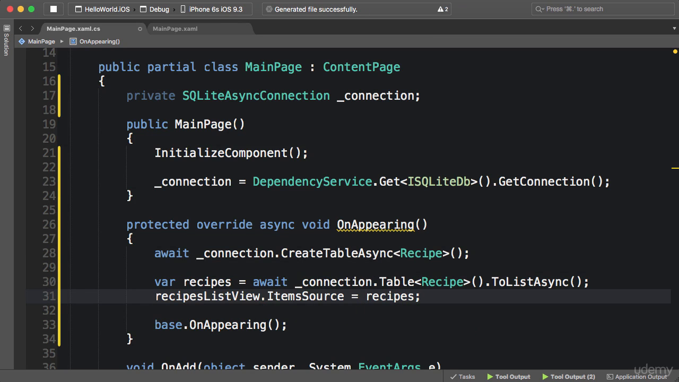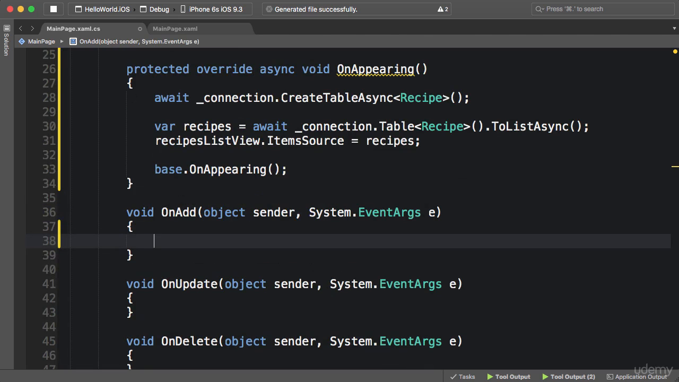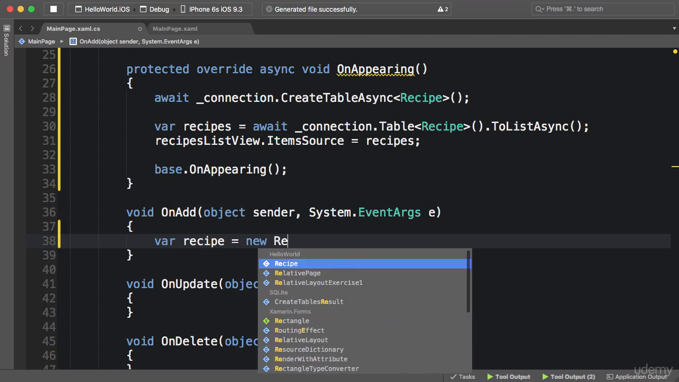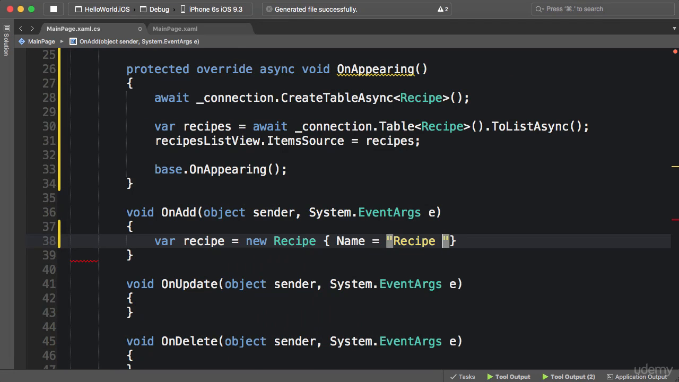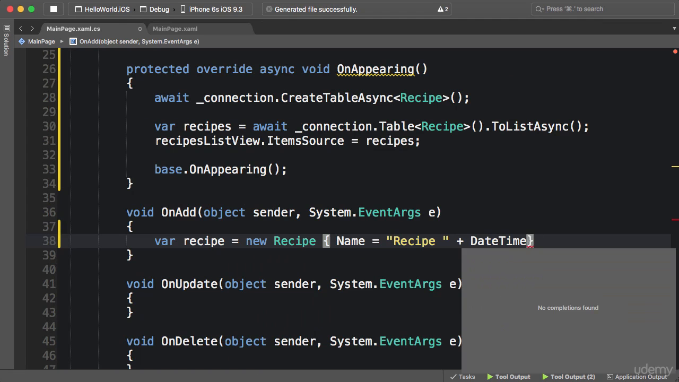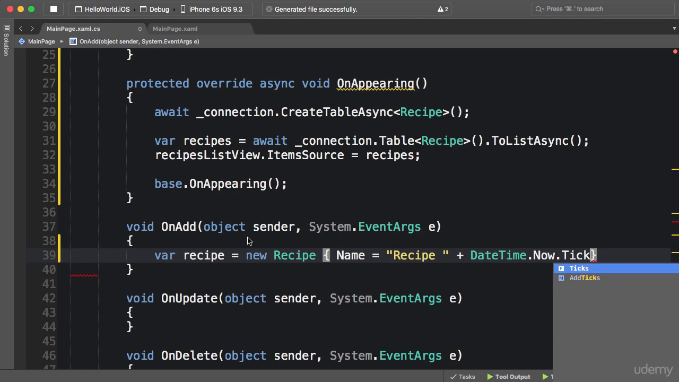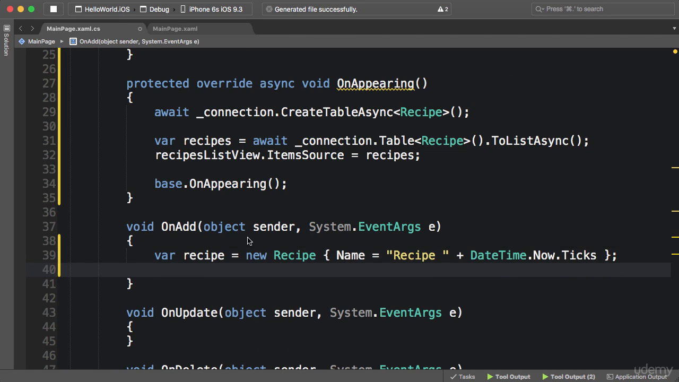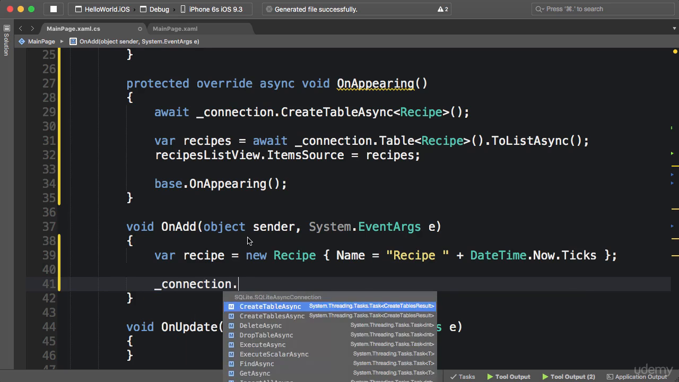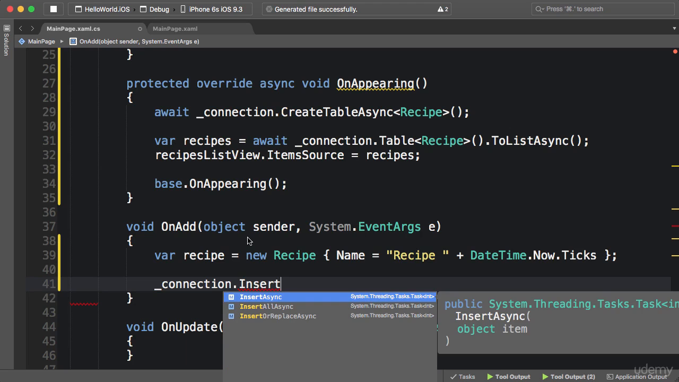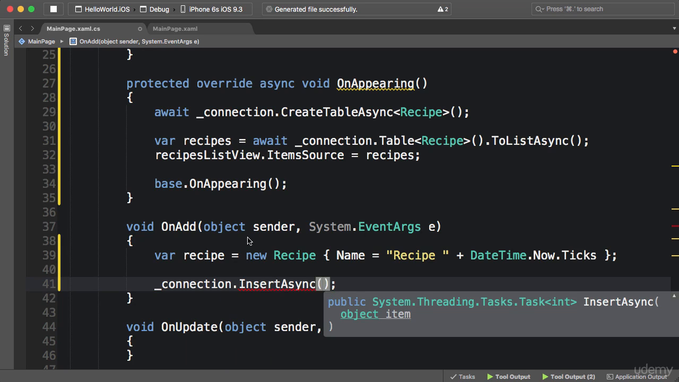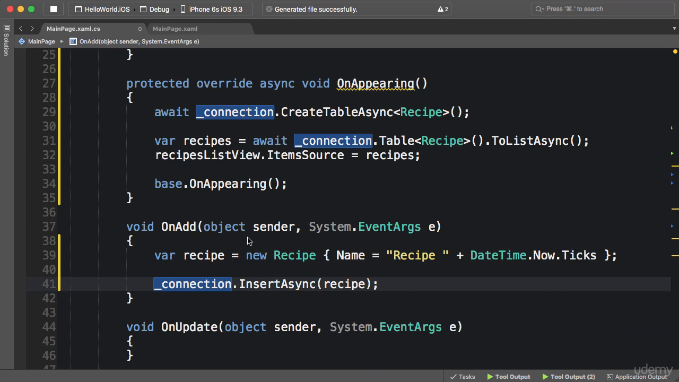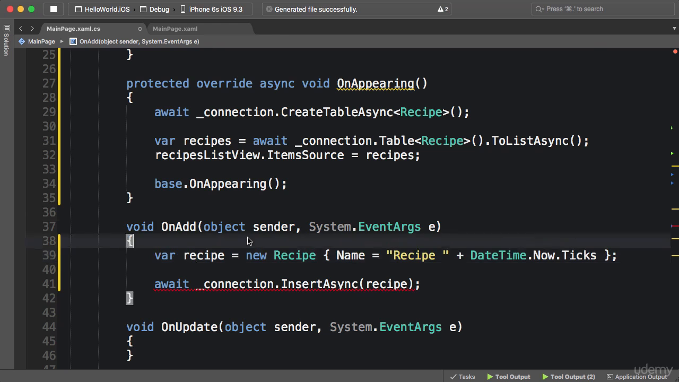Now let's implement add, update, and delete functions. For the add, first I'm going to create a new recipe and set the name. We can use DateTime.Now.Ticks as a way to differentiate recipe names. Now to add this object to the database, again we use connection.InsertAsync. We also have InsertAll to add a list of objects, and InsertOrReplace. In this case, I'm going to use InsertAsync. So we add the recipe here, and it's an async method, so we need to await it